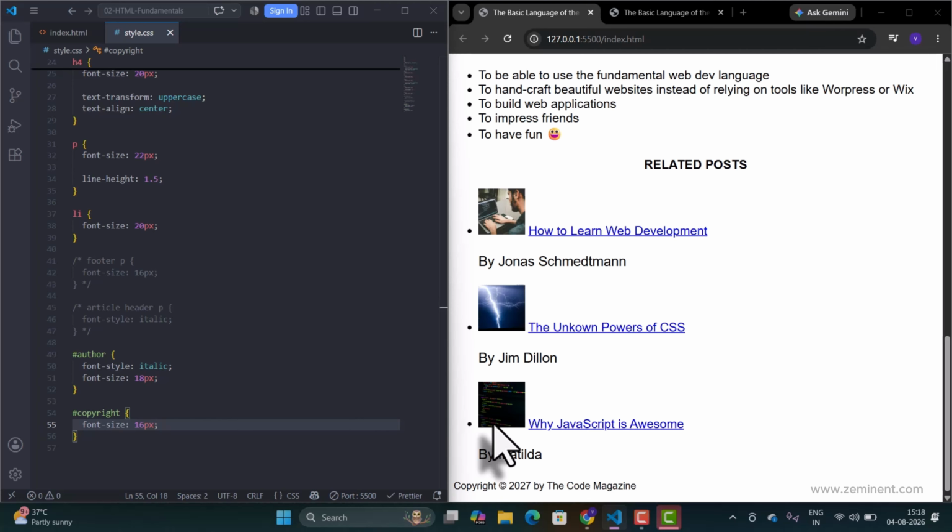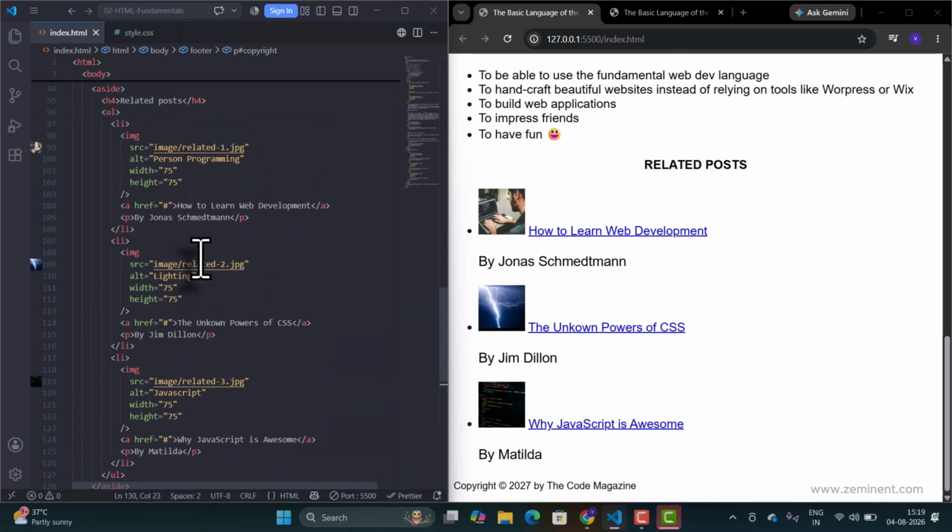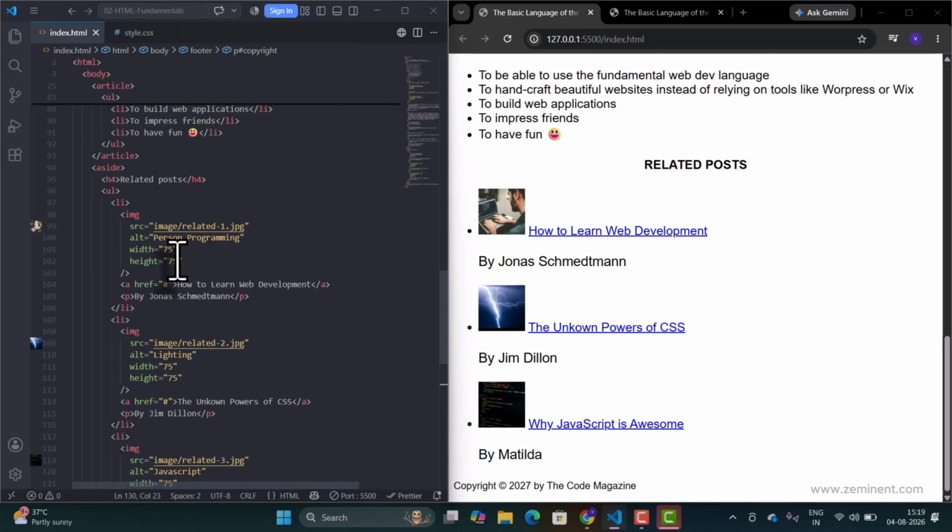Now there is an important rule. Each ID must be unique. This means this is perfectly valid, but it only applies to one specific element. It cannot be given multiple times and cannot be used multiple times. So what if we want to style multiple elements the same way? That's where classes come in. Suppose we want to style all the three author names here. Instead of using IDs, we'll use a class. So go to that, here we want to give